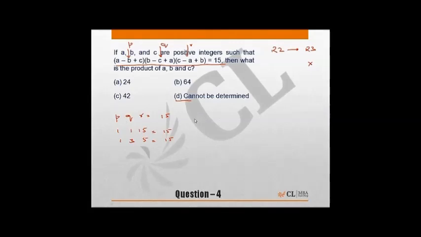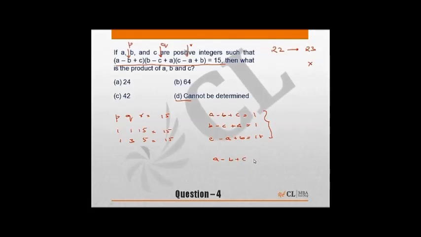In the first case, I will say P is 1, which means A minus B plus C is equal to 1. Q is again 1, so B minus C plus A equal to 1. And the third is C minus A plus B equal to 15. You have to solve this equation. Okay. The second case would be